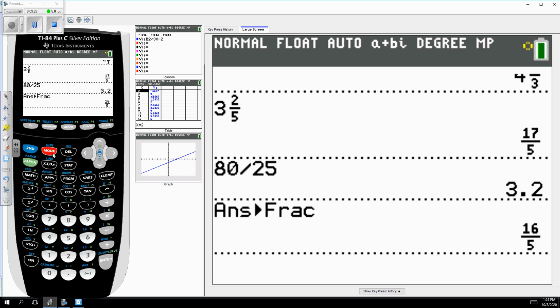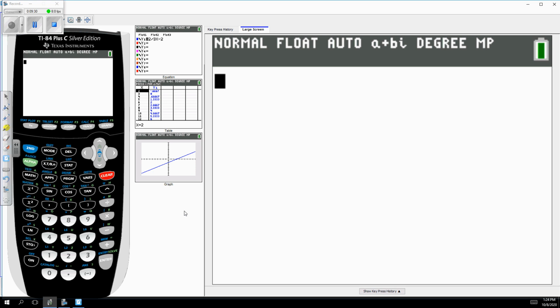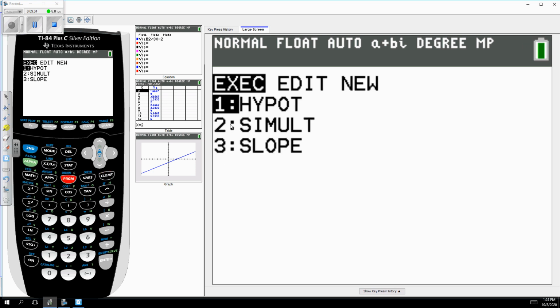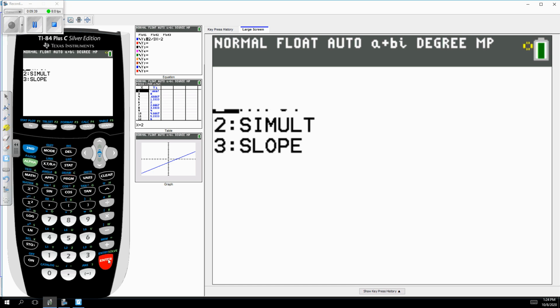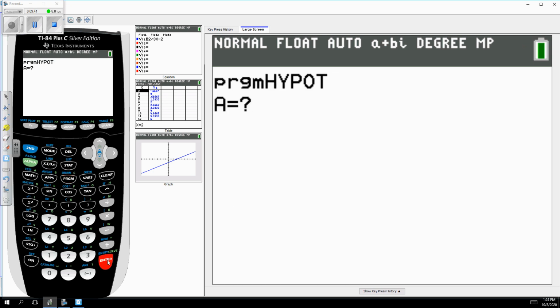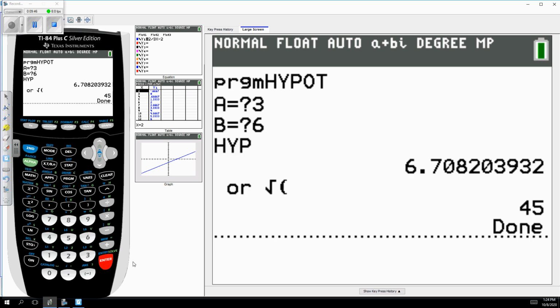Now a little introduction to programs. I just have a few on here. Program, I just have hypot, simult, and slope. Hypot's one of the ones. You hit enter, you give it the A and the B, and out comes the C. Notice there's 2 answers given. There's a numerical 6.71 or the square root of 45. A lot of my programs will display those answers both ways. Okay,